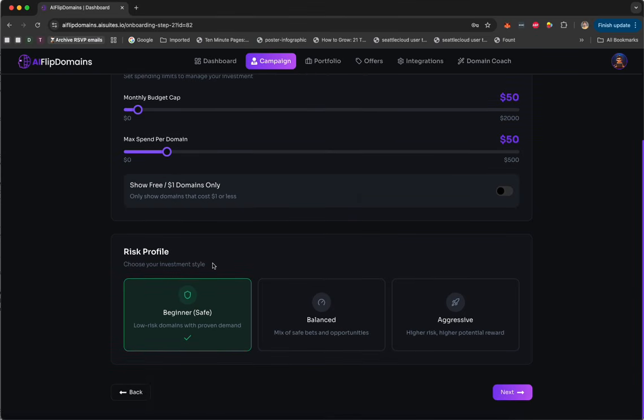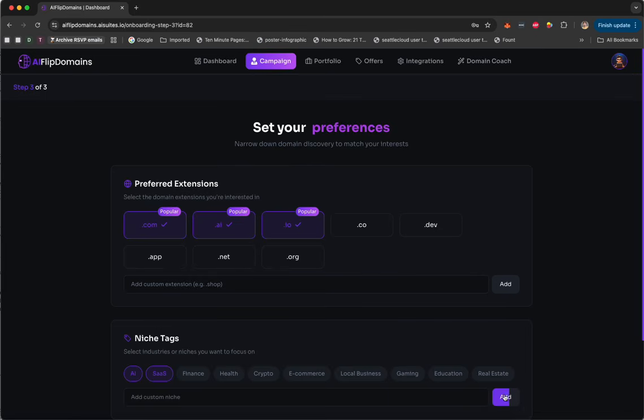Now we want to see how much of a risk appetite you have. So with the risk appetite, the AI will try and experiment with highly low trending keywords that only a few people know when they want the domain, right? Not a lot of people. So in our case, let's say beginner, let's go with the low risk domains with proven demand and click on